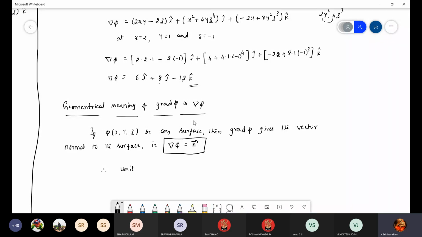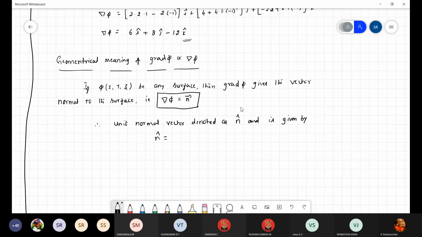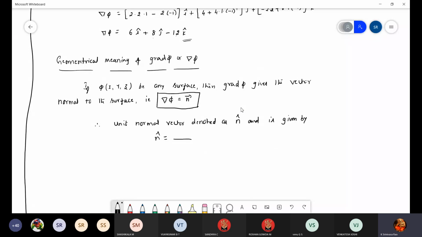unit normal vector denoted as n cap and is given by n cap equals, anyone, what is the formula? n bar by modulus of n bar. Very good. It is just vector n divided by its magnitude. Okay, so vector n is nothing but grad phi, or n cap equals